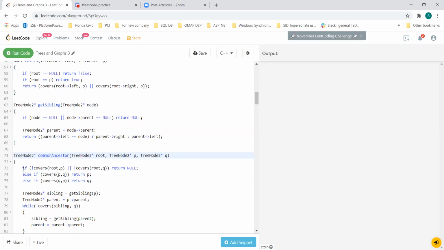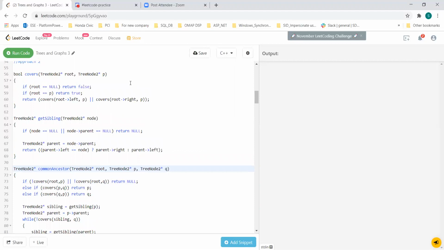So what we need to do is, first you have to find covers, which actually takes a root and tries to find if P is there, and it does the same thing for the root with Q. If it is not there, then it will return null itself, because if either P or Q is not in the root, it doesn't make sense to find a common ancestor, right? So what